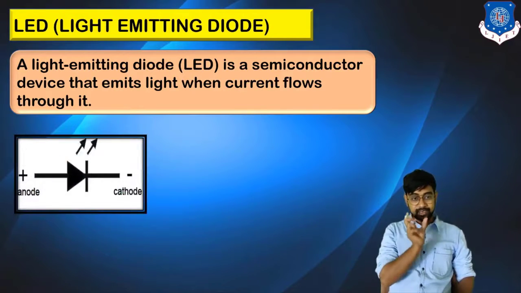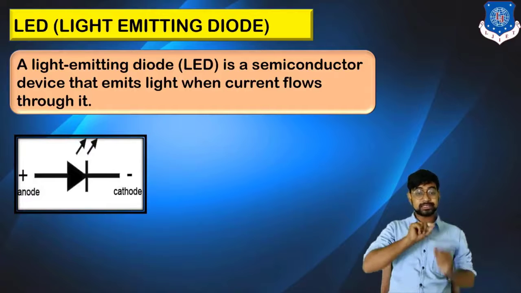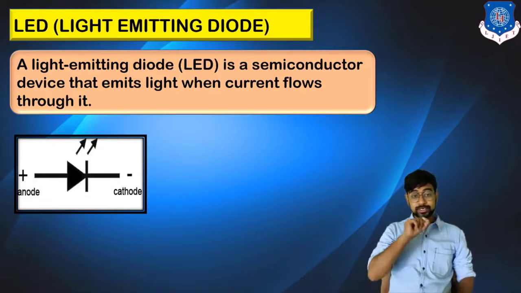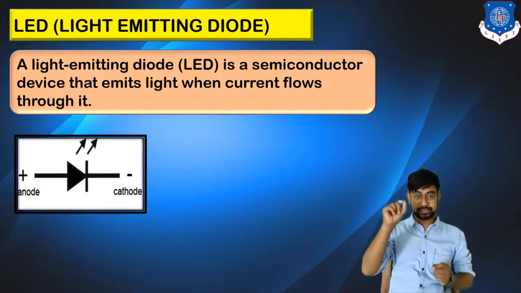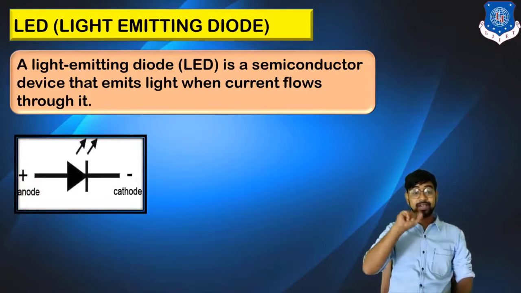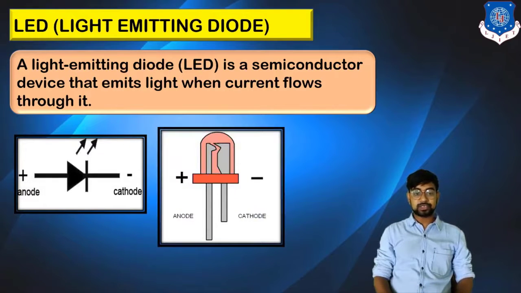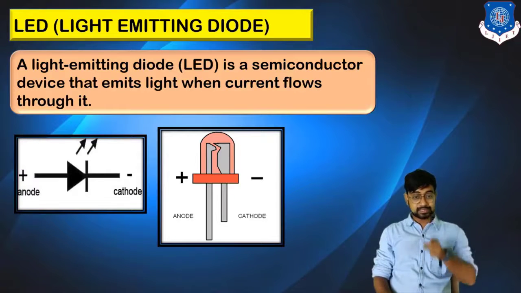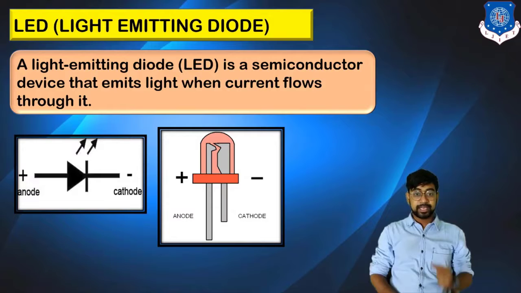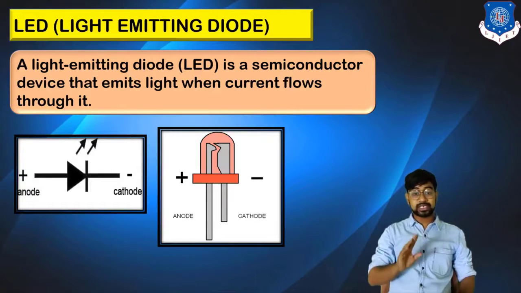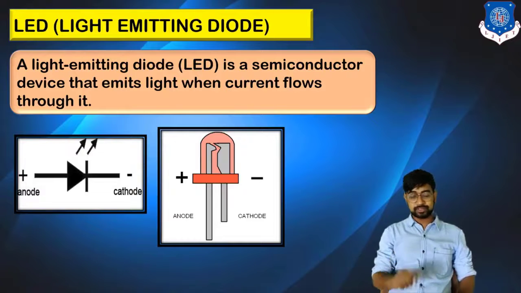So the symbol is almost the same as a PN junction, just that arrows go in the outward direction. When they go outward, it means it is emitting light, so the arrows signify the outward light. Now you can see in the symbol two ways of recognizing the anode and cathode. First, the anode leg is always comparatively longer than the cathode. Second, there is a flat-type structure on the cathode side. These are the two ways we can recognize which is the anode and which is the cathode in an LED.